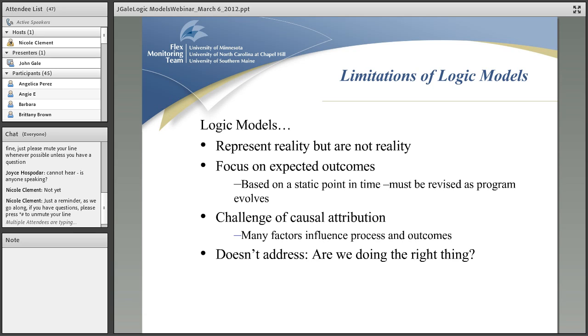Real challenge of causal attribution. As I mentioned, you've got a lot of things going on, a lot of noise in the hospital environment. You have state government that is making decisions. You have hospital associations. You have economic factors going on in many communities that really can impact the change. And I'll give you an example from here in Maine. One of our critical access hospitals